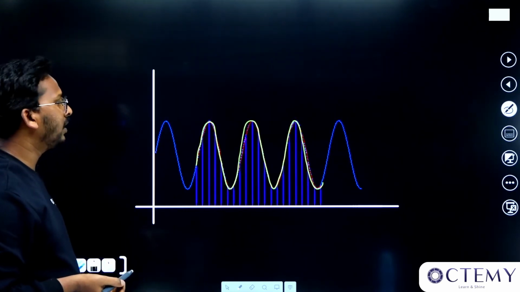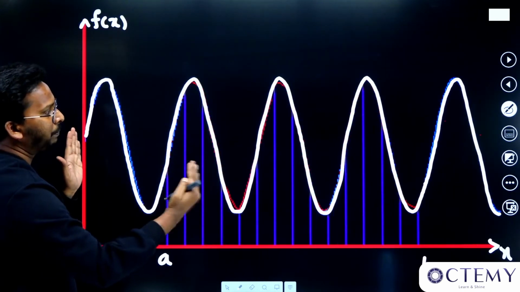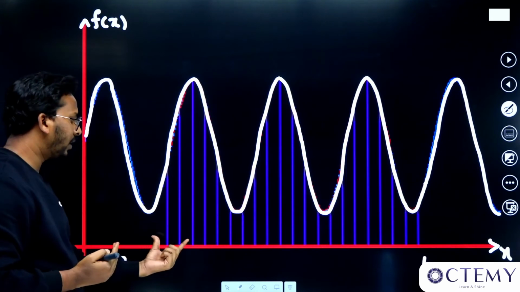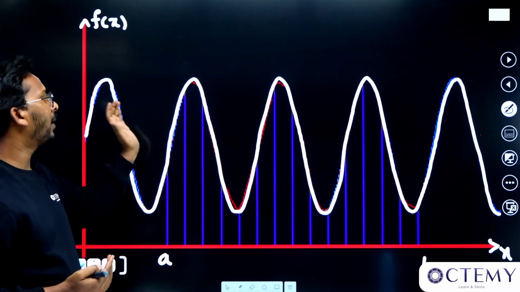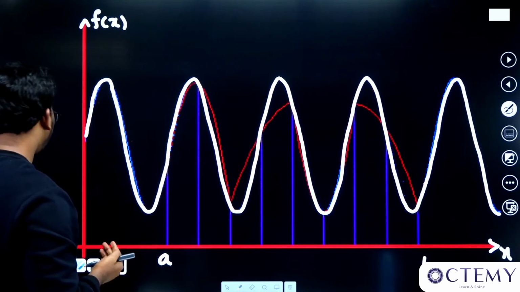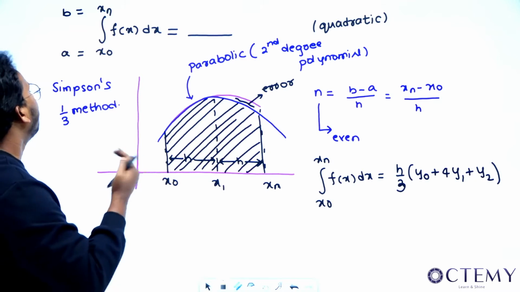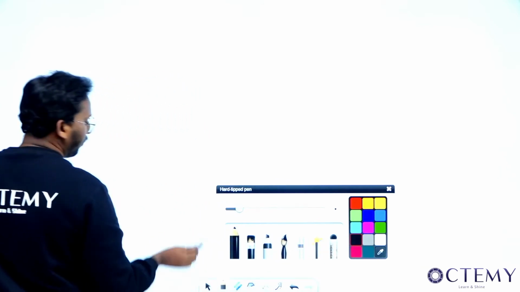Now, as you increase the number of iterations, you can observe from this graph that it approaches the white graph, while I am decreasing my h value. What is happening, sir? The parabolas are fitting my exact curve, right? So this will be the formula of your 1/3 Simpson's method, right? If I want to write it, the integral from x0 to xn of f of x